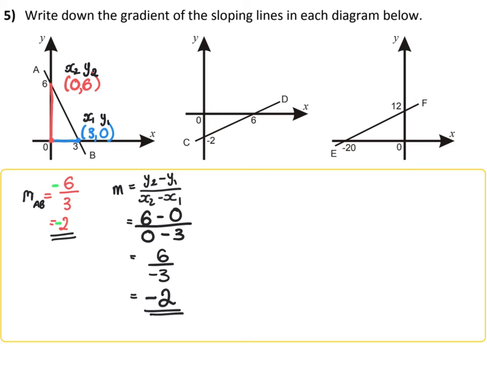There's 2 more questions on the screen for you to try. Remember, have a look and see which way the slope goes. You can use the National 4 formula or you can use the National 5 one. Okay, so for the line CD, if we start at the left, we're going up the way, so this one's definitely got a positive gradient. The height of my triangle would be 2, and the horizontal for my triangle would be 6. So remember, we do the height over the horizontal, so we get 2 over 6. Now that can be cancelled down